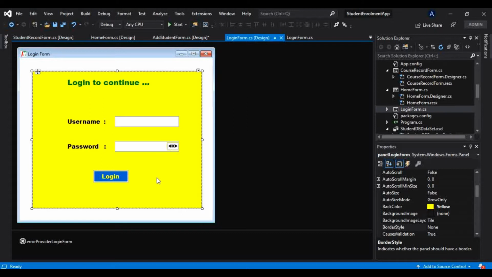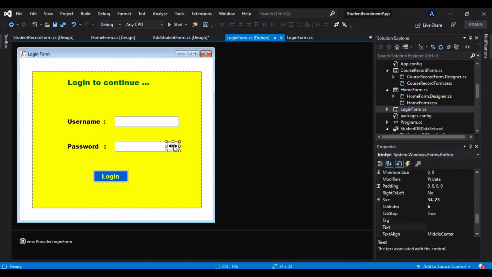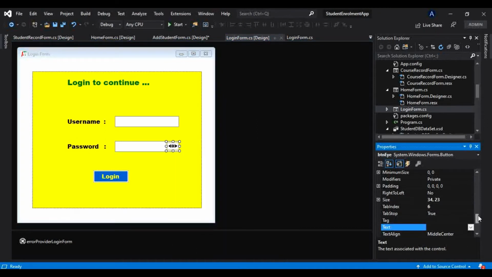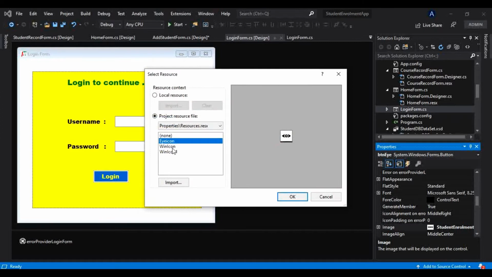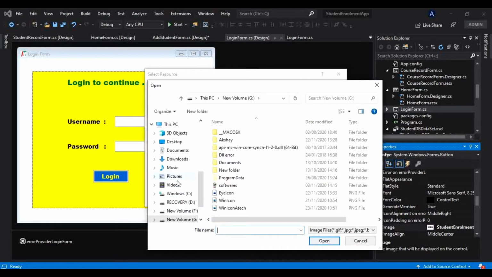In the previous part I have told you we can use any symbol we want for this button, but at that time this symbol was not available with me. That is why now I have downloaded it from the browser. You can download that from any browser. Just type I button symbol, I button icon maybe, and you have to set the resolution. You have to edit that. If you don't see it here, if you right click on properties and go to the image section, you can choose it. Right now I have this here, but let's say it wasn't there, we have to import that from our file manager or from our system.